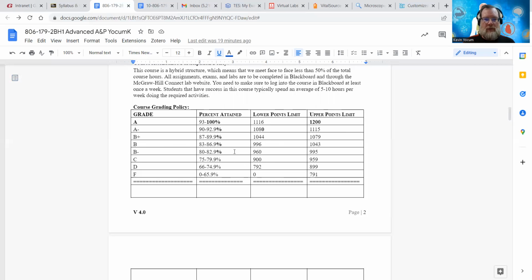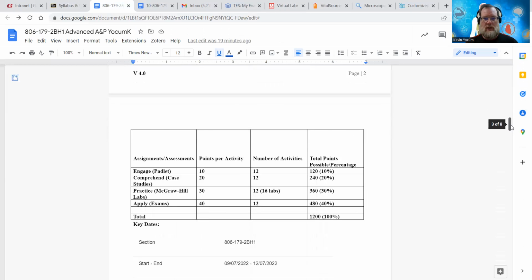If you're pretty close, hovering around the low 80s, 80, 81, and you've been keeping up with your work, generally you're going to be fine. But anyway, as a department, we decided a few semesters ago to integrate plus and minus systems. Most of you need to be in the B range, so try to get above an 80% if you're going for the B. If you're going for that A, try and get above a 90%. All right, just a side note there.